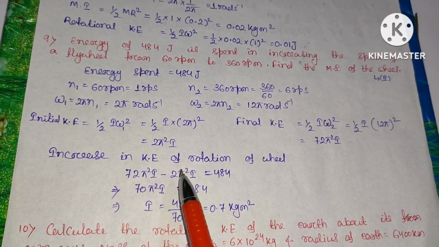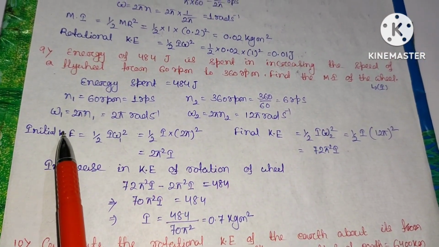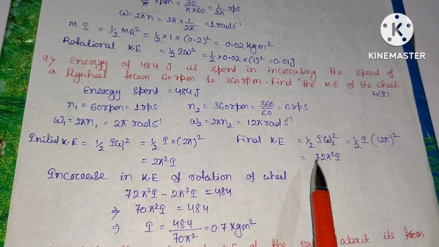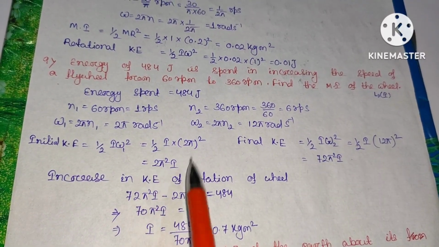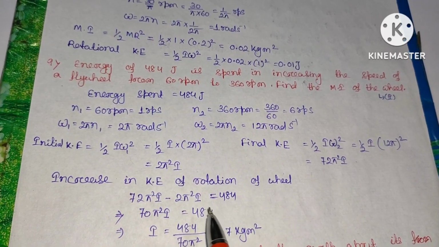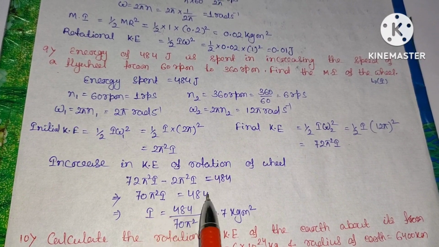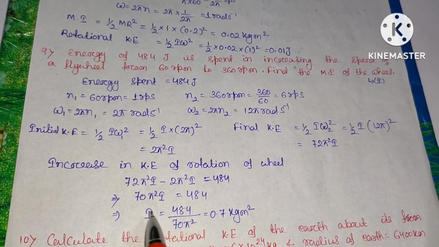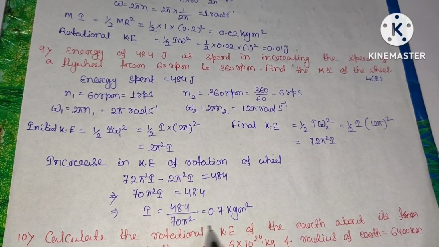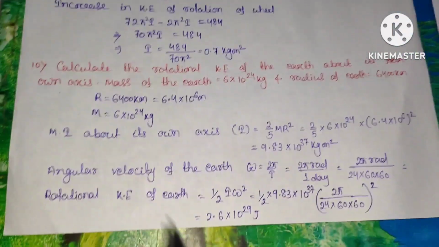So the increase in kinetic energy of rotation of the wheel is, this is final minus initial kinetic energy, 72 pi square I minus 2 pi square I, which will be equal to 484 joule. So 72 minus 2, that is 70 pi square I will be equal to 484. So after calculation, the moment of inertia will be 0.7 kg meter square. The next question is,